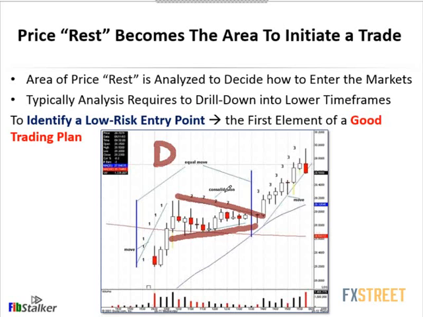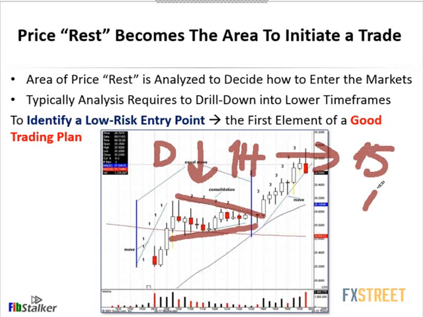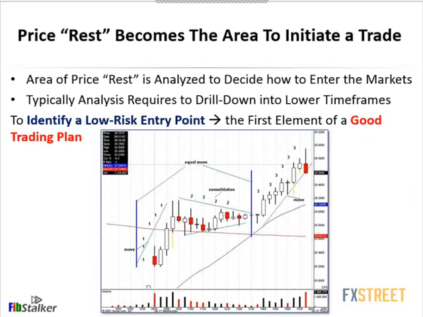Mind though that when we are going to trade, we're going to identify the entry on a time frame below. We drill down one time frame, so for example from daily to 1 hour, or even lower to 15 minutes. So we always drill down because we want to get an opportunity to get a better reward to risk. Now in this specific case, let's say that we stay on this time frame.